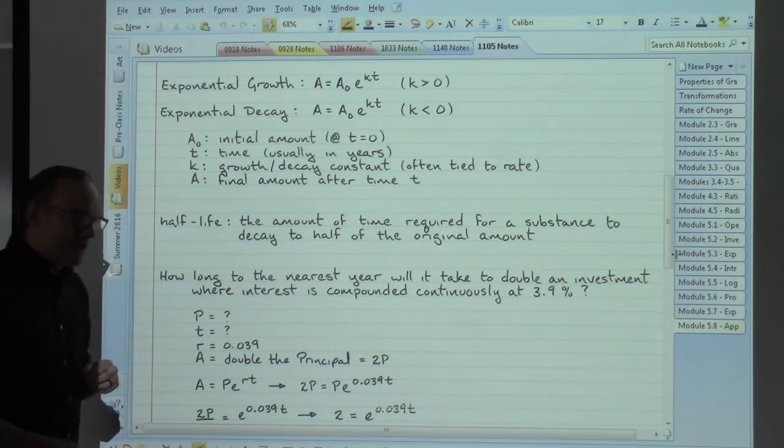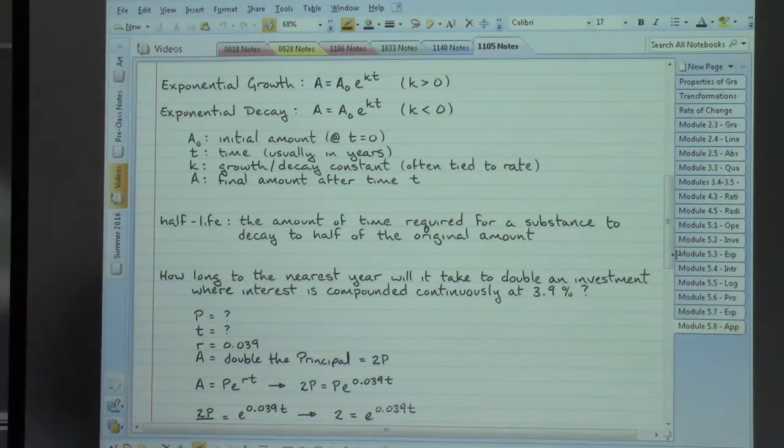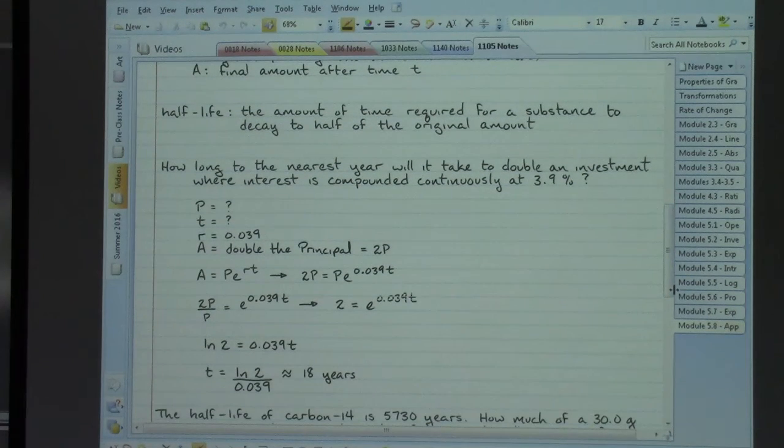We could get a continuously compounded interest example and then throw in the chemistry example. Because apparently I forgot that there was that continuously compounded interest example. Whoops. So as far as that continuously compounded interest example,